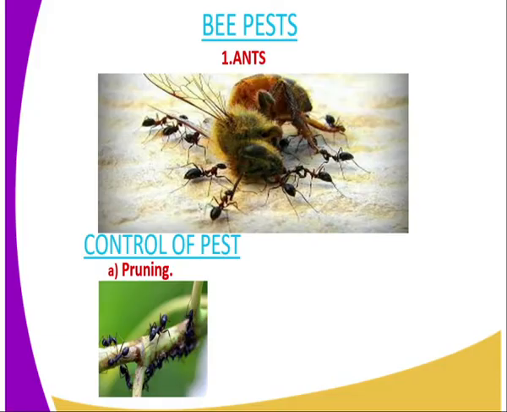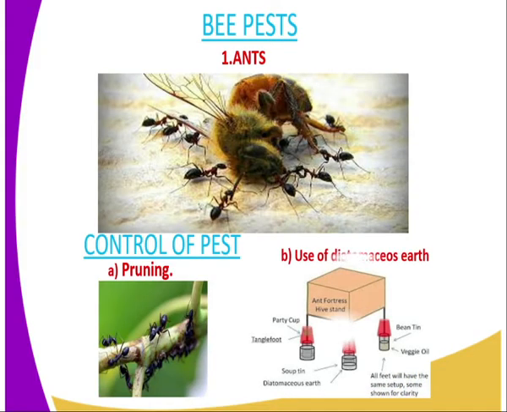Then we have the second method. You can use diatomaceous earth. Diatomaceous earth is an example of a pest repellent, or it can be used as a pesticide because it will repel the ants away, and in so doing you will be controlling the pest from reaching the beehive. Therefore you use a stand, and at the base of that stand there is diatomaceous earth which will